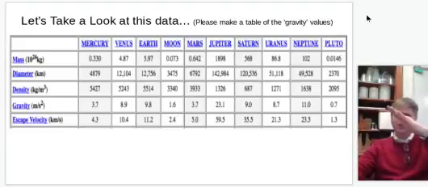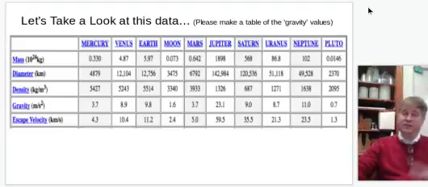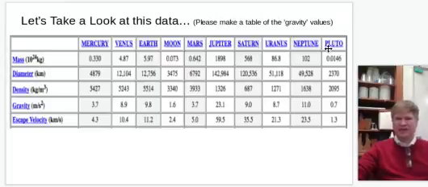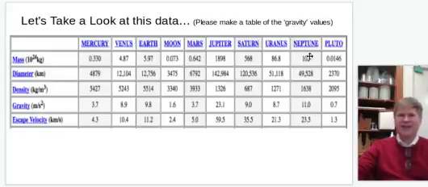All the other planets are in the same plane. Pluto's orbit is very elliptical. In fact, sometimes Pluto is inside of Neptune, and sometimes it's outside of Neptune. So it's not always the furthest planet as well. So it's a weird shaped orbit. But if we look at the mass, this is in something times 10 to the 24th kilograms, whatever that number is, a ginormous number, and it probably has a name. But the mass isn't that important to me, except we'll come back to that.